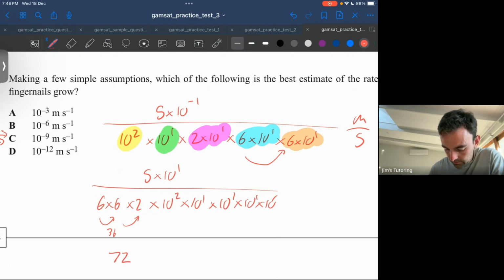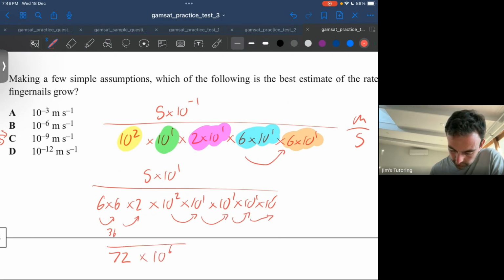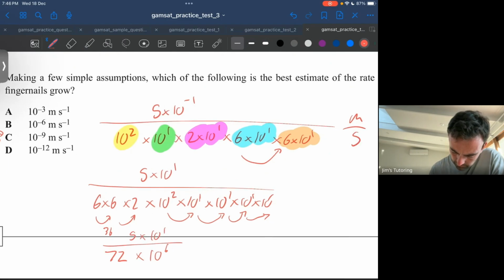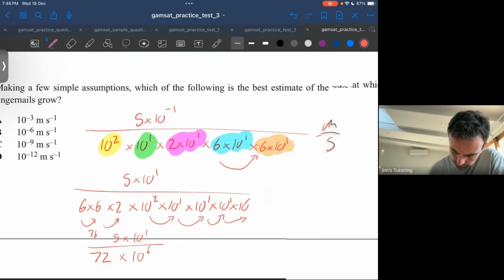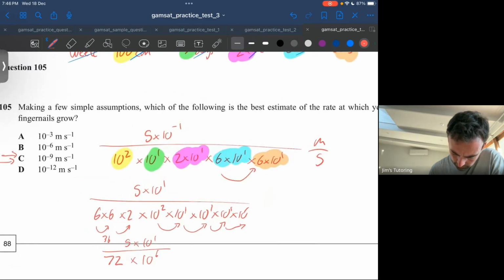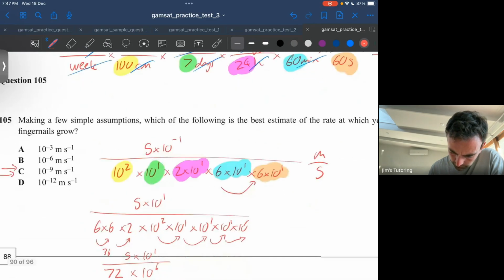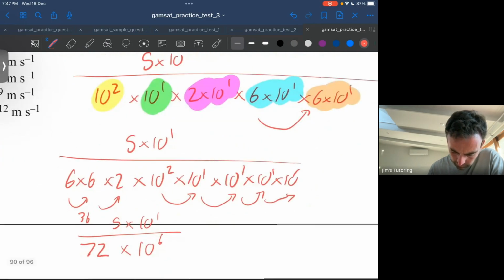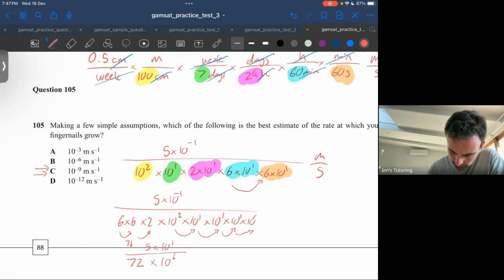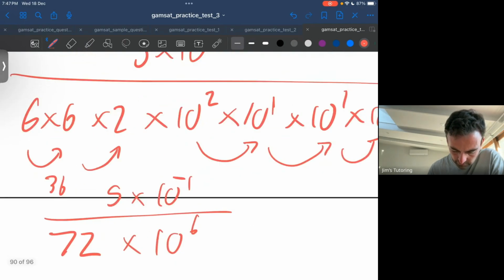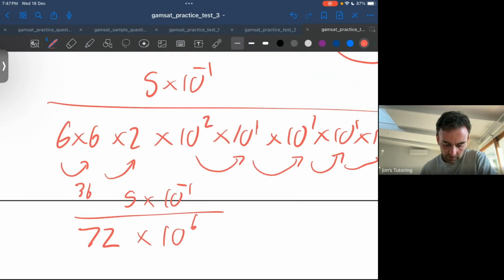And then we just do all the 10s. So 2 plus 1, 3, 4, 5, 6. 10 to the 6. 5 by 10 to the 1. Have I done something wrong here? I feel like I have. No, I'll go with it. That's -1. That's what I was doing. It's like, that's not 50. That's not right. So again, I make the numerator